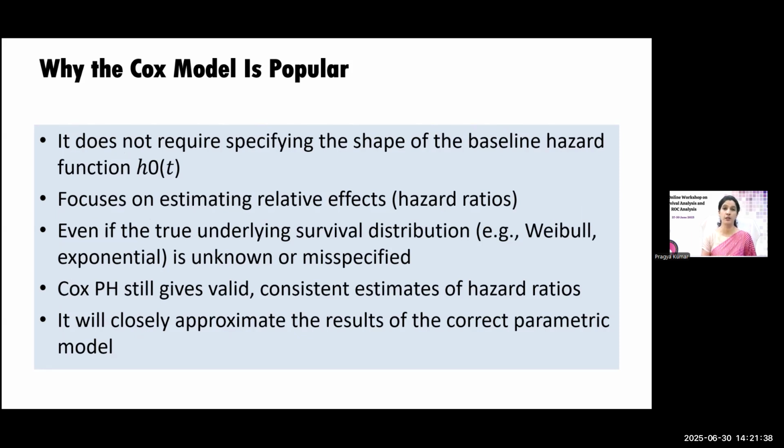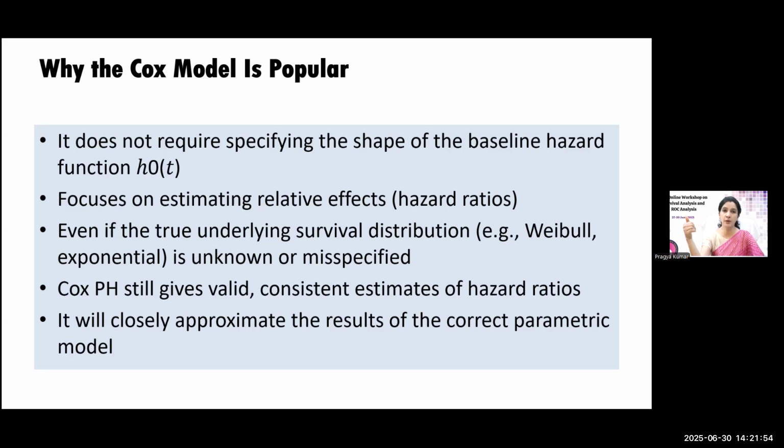Now, coming to this, in the beginning I was telling you why this Cox model is so popular. You will see very few people going for Weibull, increasing exponential, decreasing exponential. Those are the types of parametric model. But most commonly, you will see people go for this Cox model in a time to event analysis,